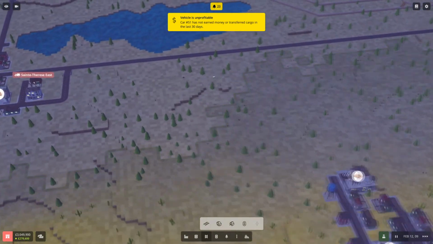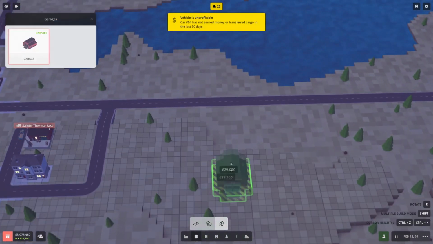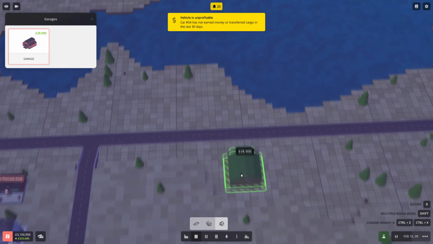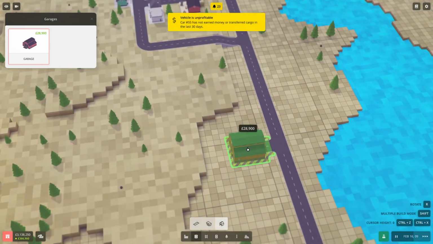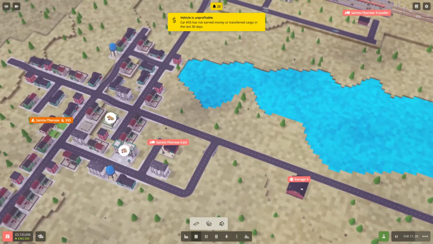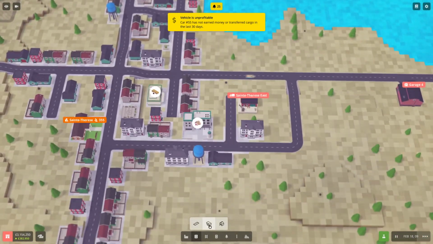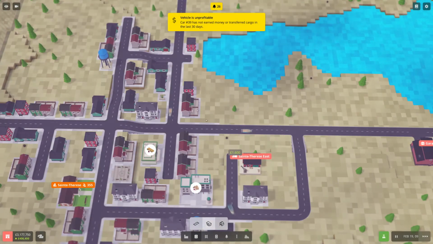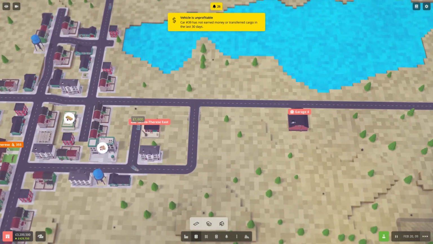Where's the depot gone? I'm going to put another vehicle depot here. I've got plenty of money, so... Or garage, not vehicle depot. What am I on about? I think it would be... Garage here. And we're going to need to deliver planks to here. Put a road connection in here. Oh no, I think that... What's your logistics? Yeah, you've got a good connection there, so...